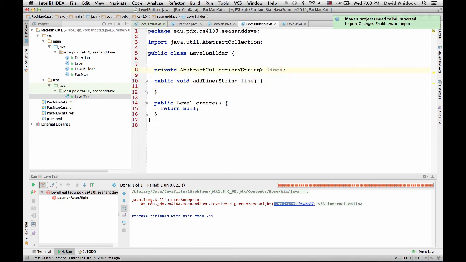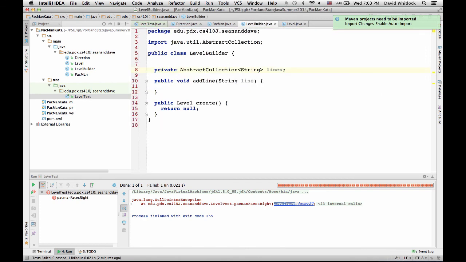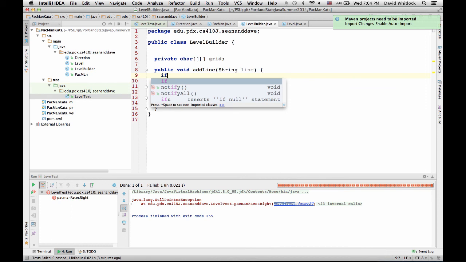Cool. So I think ultimately what I want is just a two-dimensional character array, which is a grid. And we won't know, so the first line will dictate how big it is. Yeah, I think that's fair. But do we have to initialize it? Oh, it'll be square, right? Or is it always square? I don't think it's always square. Oh no, you're right.